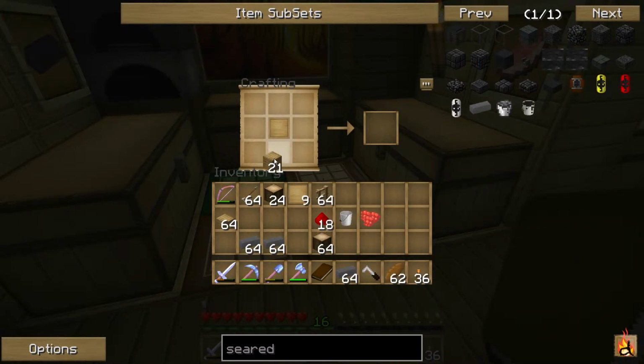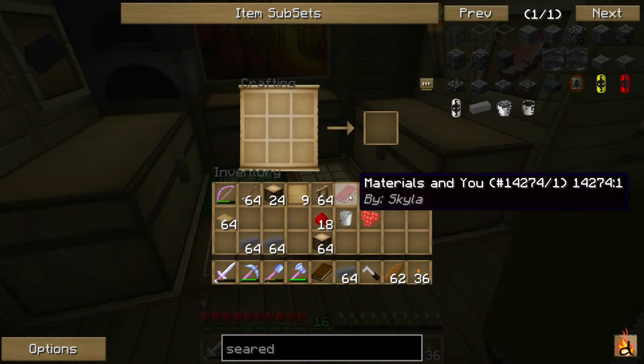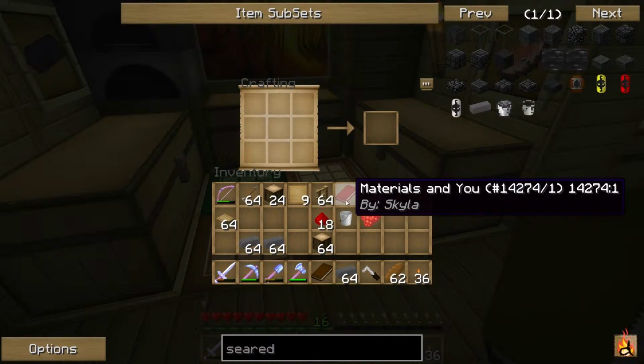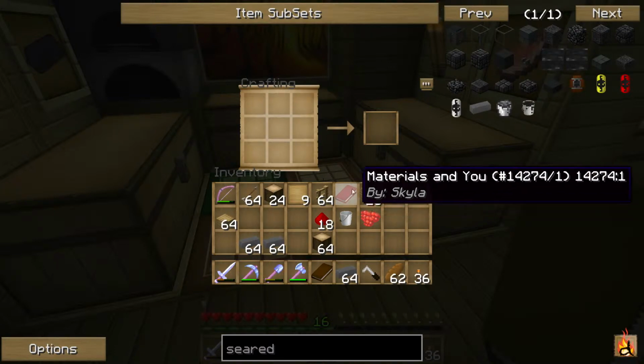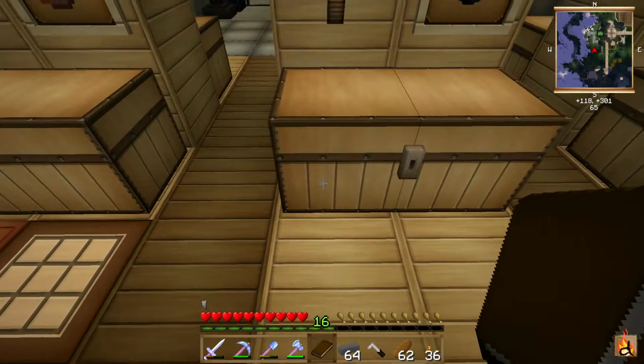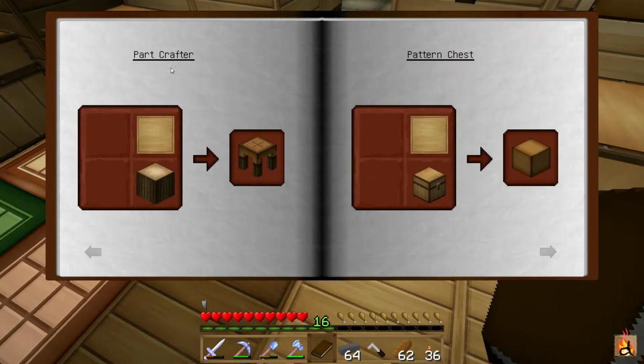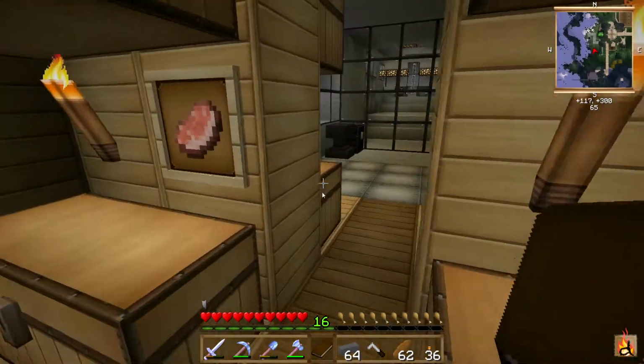So we need our stencil table, which is this. That's how you create it, a stencil table. Now you automatically end up getting this extra book. This is the second book of the triple series. There's 3 of them. So the second book will tell you what you can create on the stencil table, but we need to get the rest of them. So the stencil table is first, then we need a parts crafter and a pattern chest. So the way that you do that is,